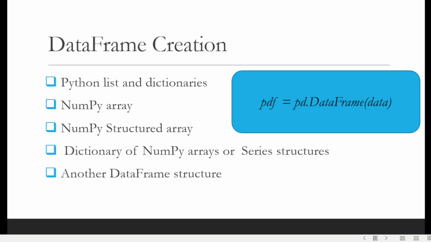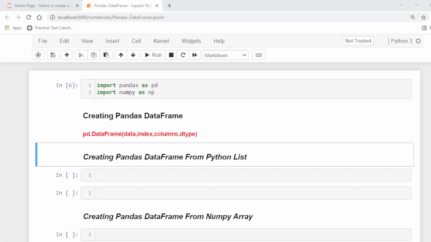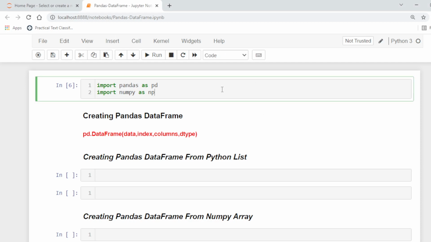Now to create a data frame, let's say we start with the Python list to create a pandas data frame. So first of all, we will import the pandas and NumPy library.